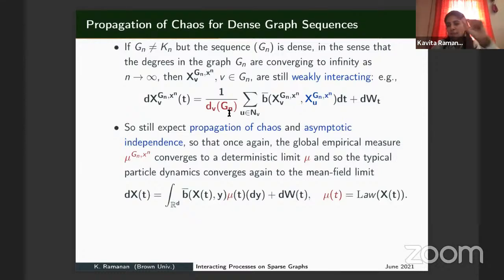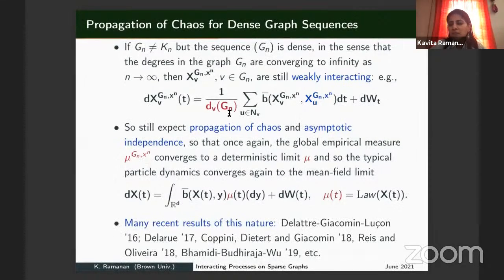I mean, if you're just looking at a single particle and how it behaves. And there were many recent results over the last four or five years that made this precise for different graphs. Now, of course, here I'm always talking as if the graphs were deterministic, but you could also have the graphs random. So the graphs themselves could be Erdős-Rényi, and then you define this for each realization of the graph and you get a random process. And then you can ask what happens. And we will be looking at things like that.